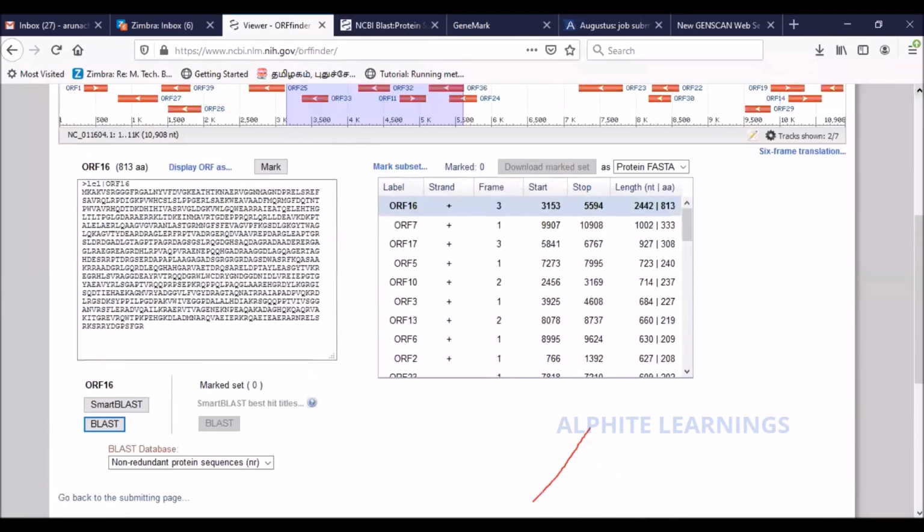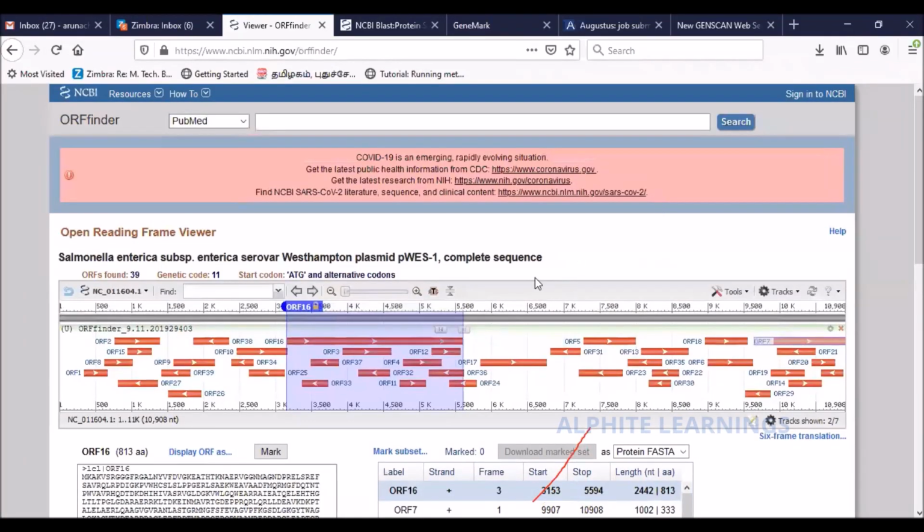So you have to understand this clearly. It's not only important to identify the presence of an ORF, you should also be able to say what that ORF is, right? What protein does it code for? So that is a result, right? Okay. So this is how you identify the ORF.